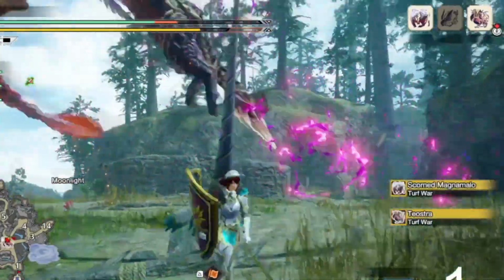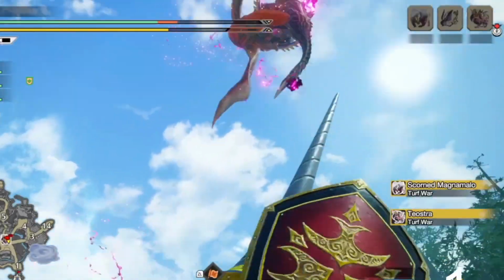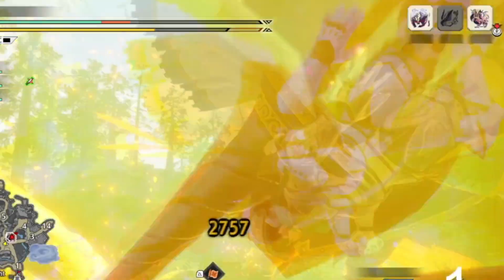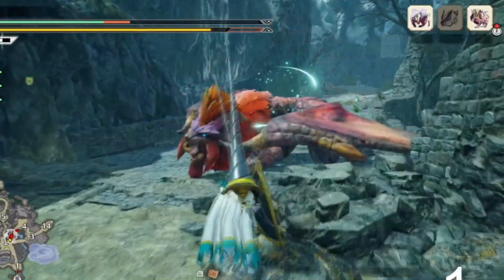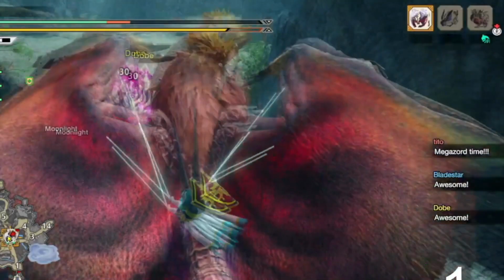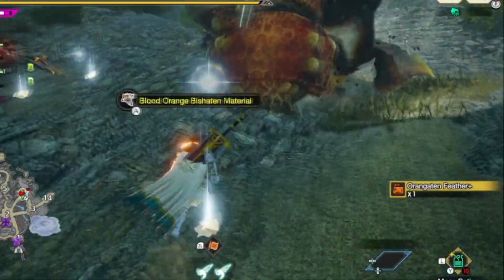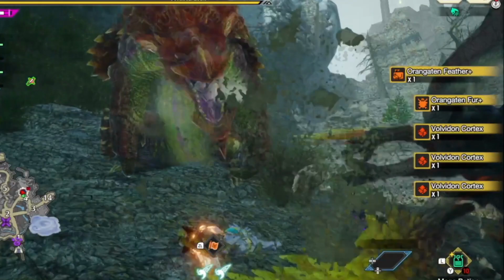We only needed 4 more. And just when we needed 4 more, we got Pisces Sharkback. He was in the previous challenge video. He is an amazing hunter and has helped me a lot with Monster Hunter in general. So when he said he's willing to tag along, once again, killing these monsters went by fast. So after killing about maybe 10 monsters, we finally ended up getting